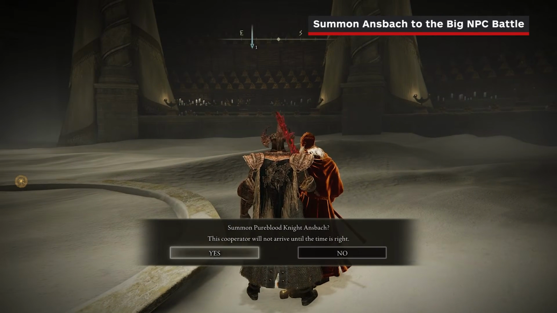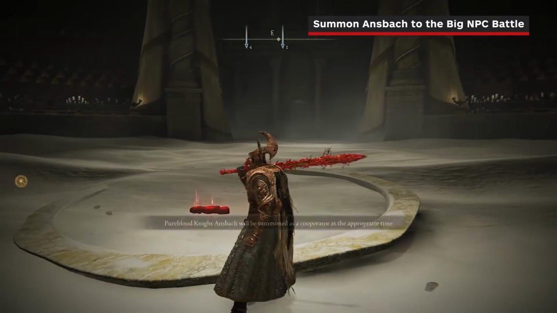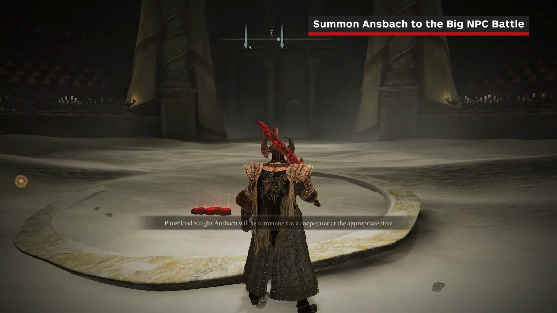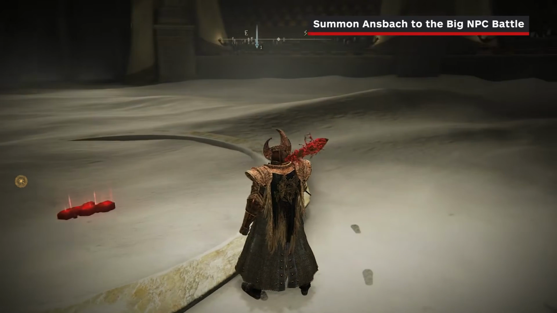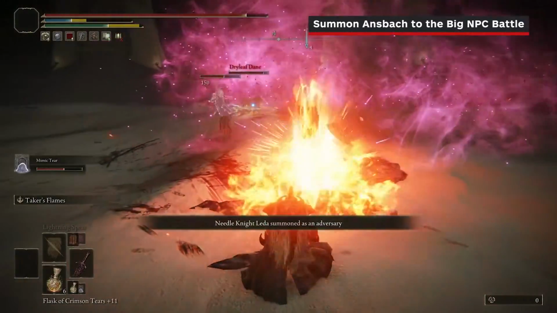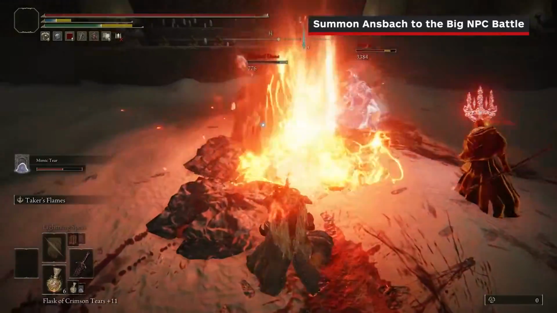Assuming you've only done Ansbach's quest, you'll at least have him to fight alongside you. Find his gold summoning sign in the middle of the room and summon him to battle. It says he will show up when he's needed, which will be towards the end of the fight. Win the big fight with Ansbach by your side, and then continue through the last bit of Enir-Ilim to reach